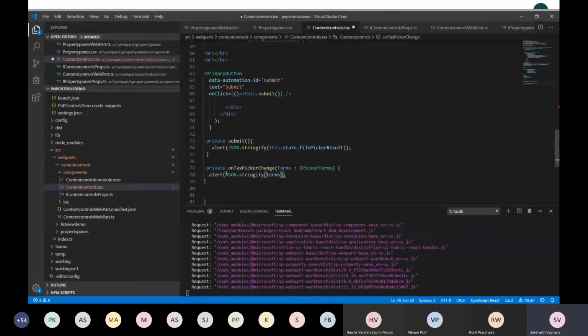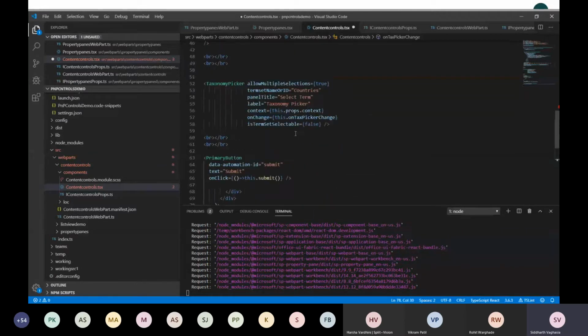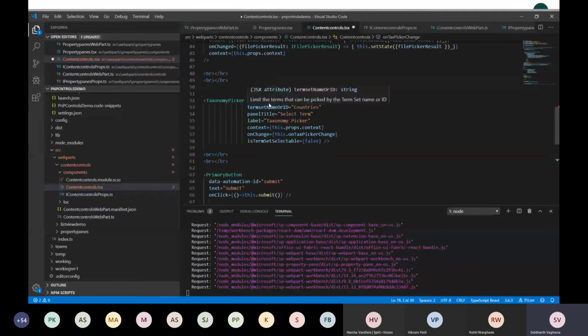Using JSON stringify. If you see here, it also allows us to select which term set name or ID we want to allow the user to select from. Here I have given countries. In my tenant I have created a term store with the term set name countries.